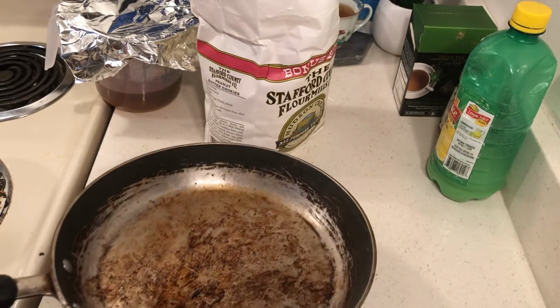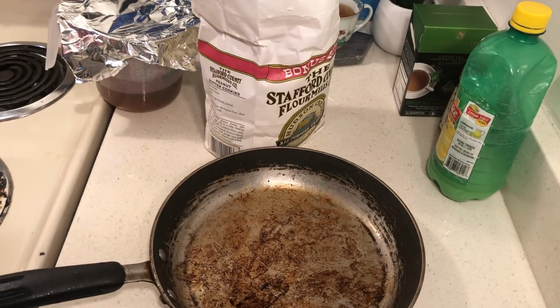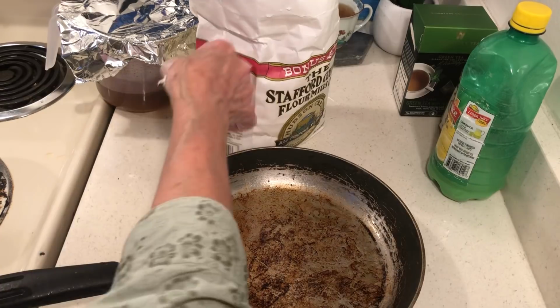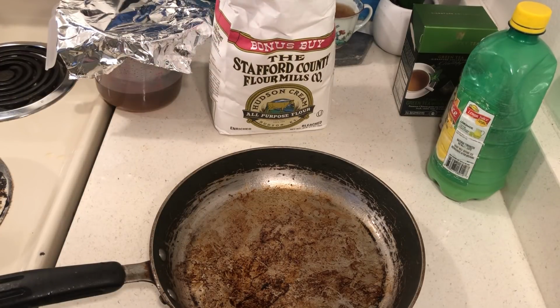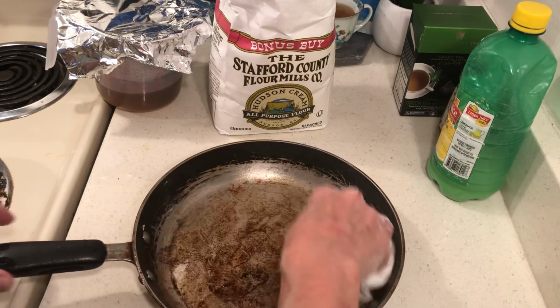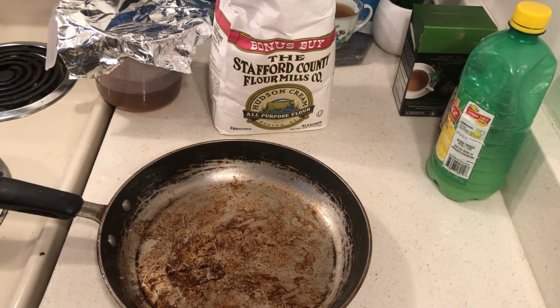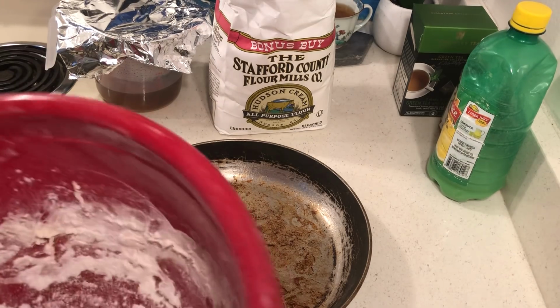Okay, I fried bacon in here. Now, if you're kind of broke and you don't have enough money for oil, save your meat fat. Don't be ridiculous. If you need a little fat, I just want to grease my pan with the bacon fat. That's good enough. Okay, so now I'm going to take my bread that I just made,